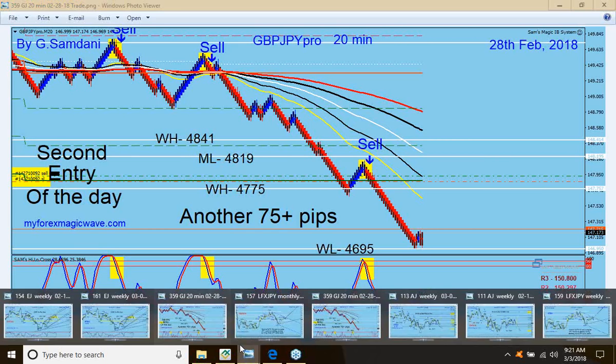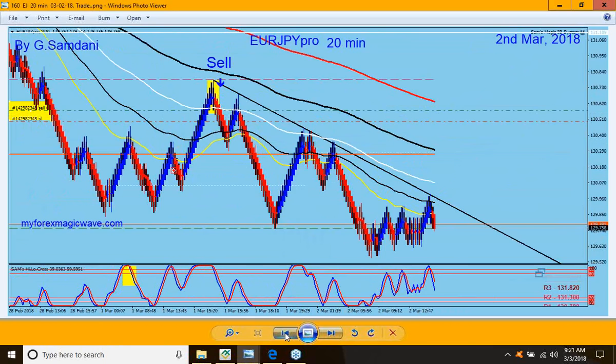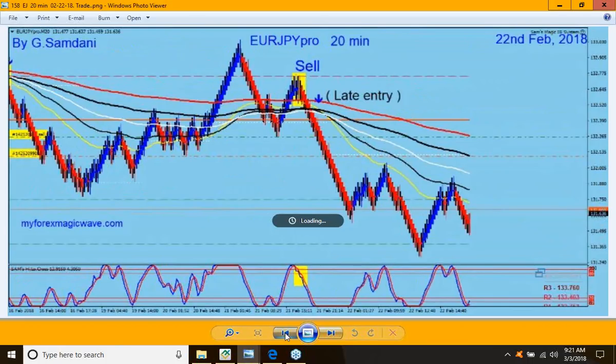So that's one thing. Another pair that I wanted to show you: the yen index chart says what? All yen pairs are going to drop. So what about this one? Let me show you this one. My chart